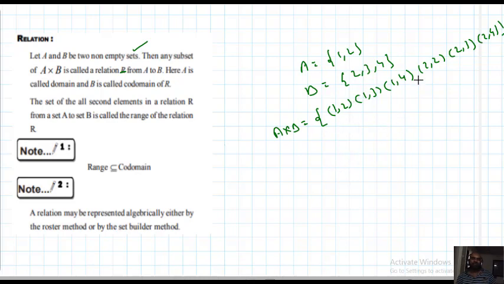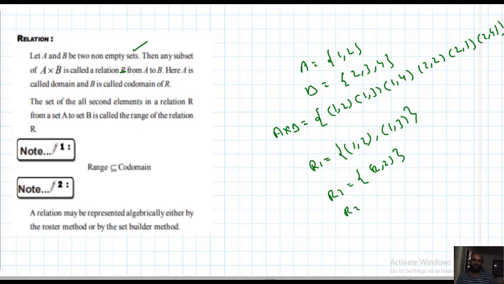So every subset of A cross B is a relation from A to B. Take any ordered pattern, for example (1,2), (1,3). These are taken from A cross B, and this set is also a subset of A cross B. I can name it R1. Now I can say R1 is a relation from A to B. Take another set from that. I took (2,2). So R2 is also a subset of A cross B only, no? So R2 is a relation from A to B only.